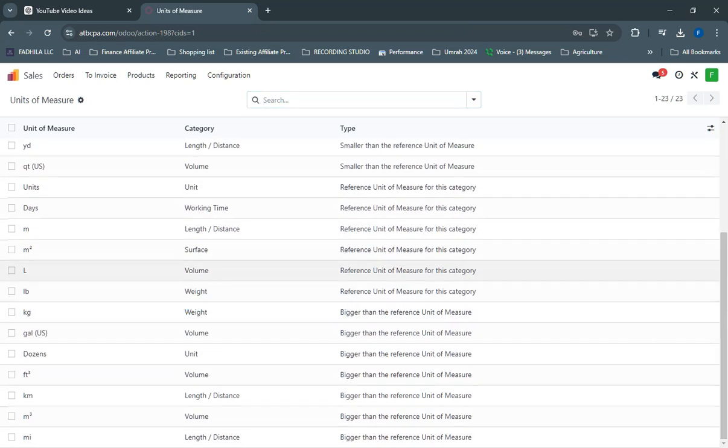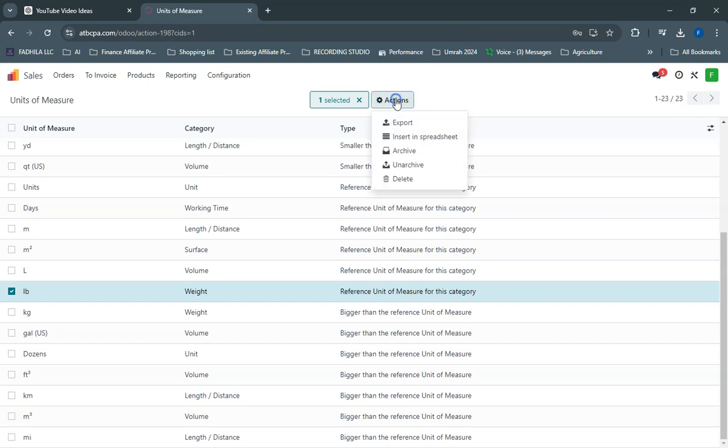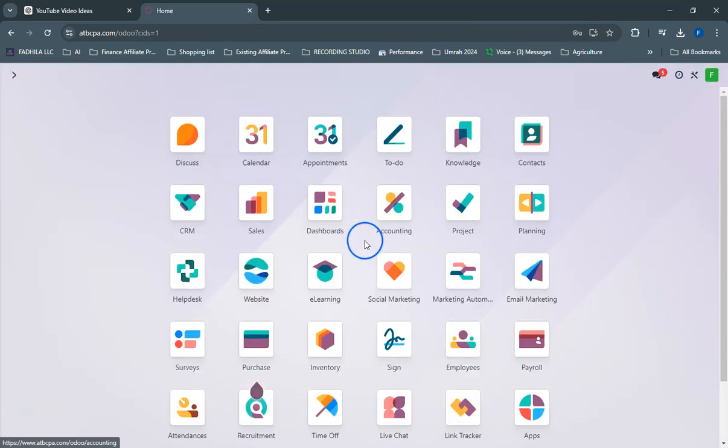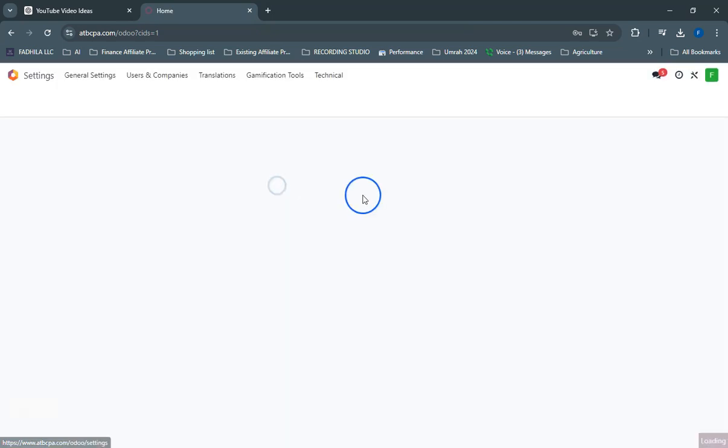Here, you can define your weight unit of measure. To change the default setting, simply select pounds instead of kilograms. After making this change, don't forget to click the Save button at the top left of the screen to apply